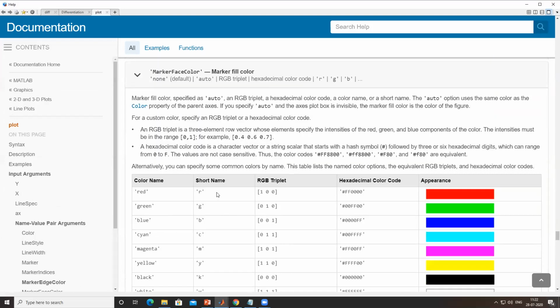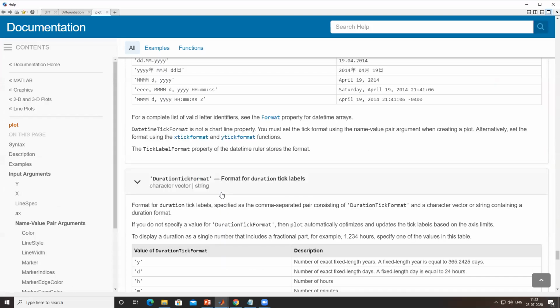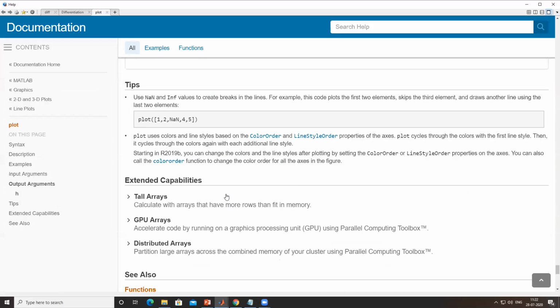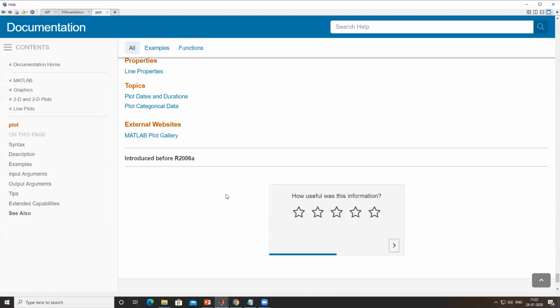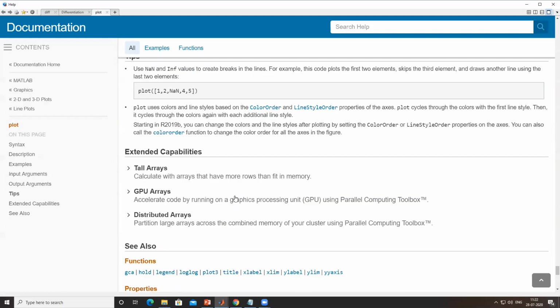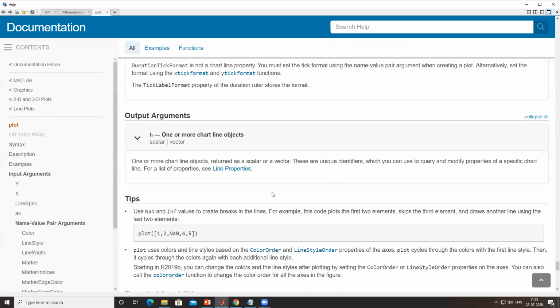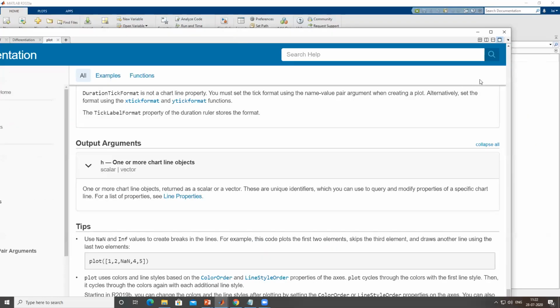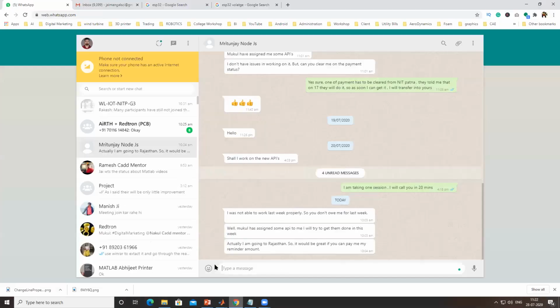But what about the information controlling the axis? Okay, there is no such information about the x-axis. So just give me a minute.